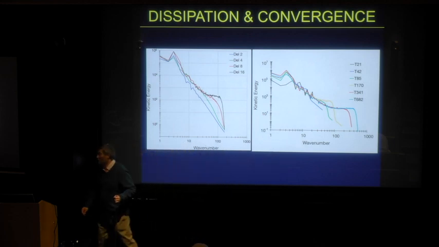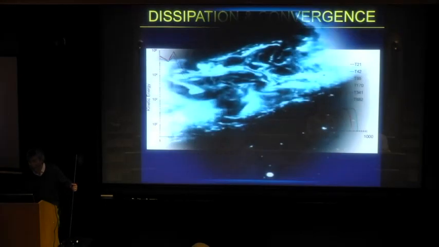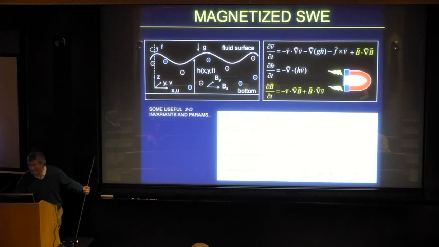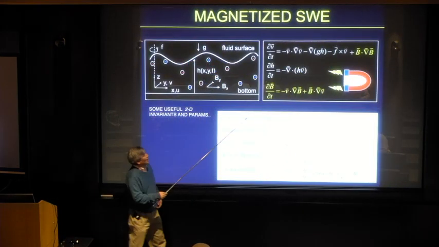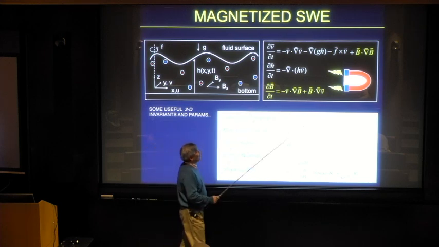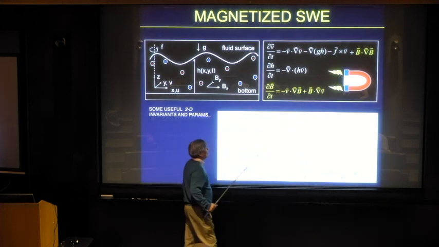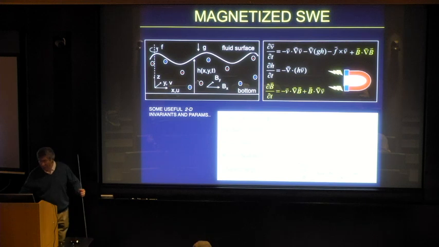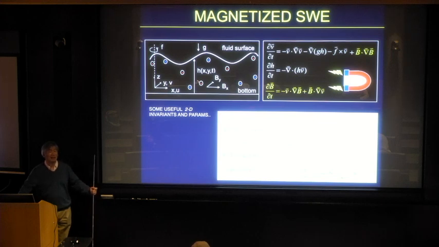So it's one of the points I would like to make in the talk. And then finally, let me just jump to the magnetic case. So here, it's easy to do an MHD shallow water calculation. All it really requires is adding a Lorentz term and then the induction equation. Okay. So now you introduce one more parameter, the so-called plasma beta, which is equivalent to the Mach number, but